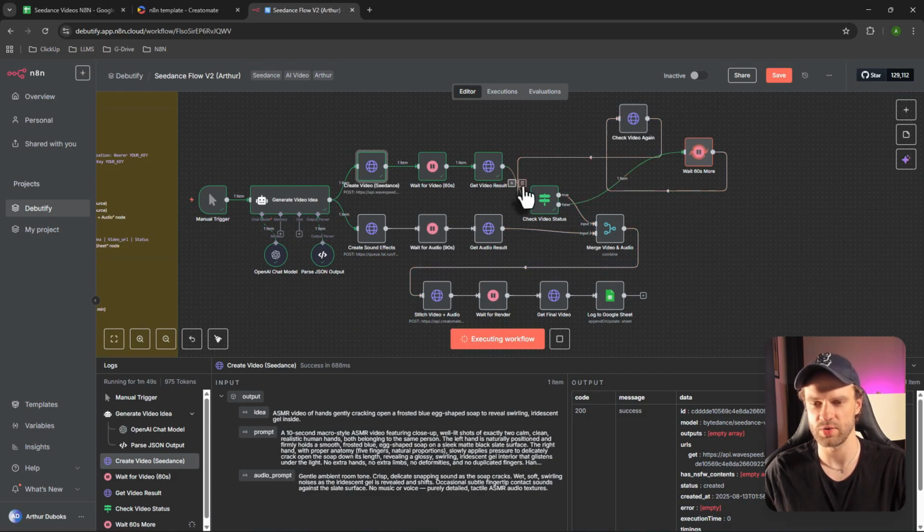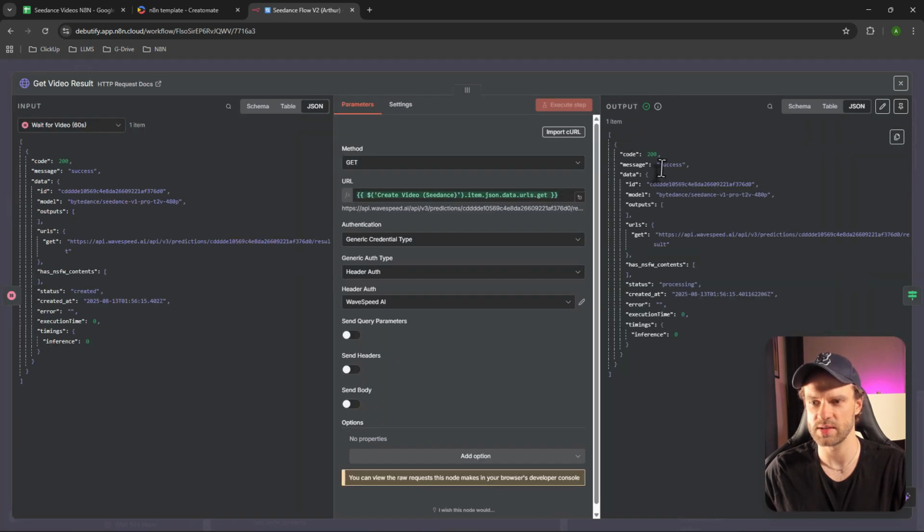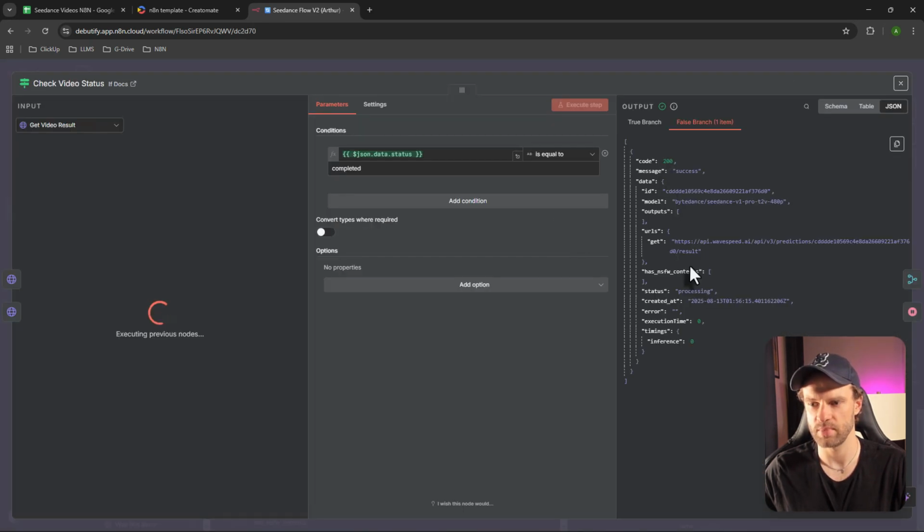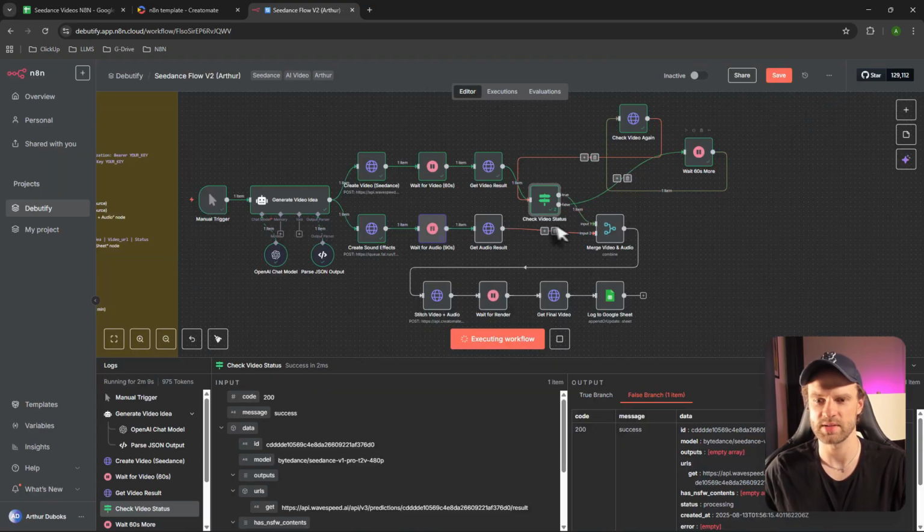Then we're checking, so you guys can see the video was a success, but let me just see. Here you can see it's looking for a status of equal, but since it was processing, it went on a retry loop, okay? So once it's completed, then it's going to move on to the create sound effects. That's what it did. So now